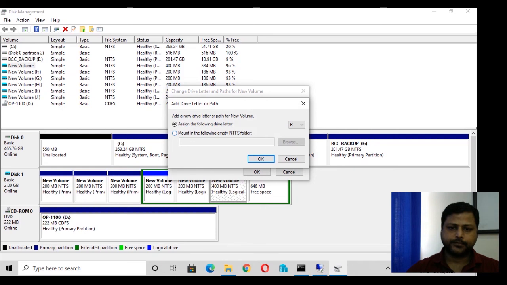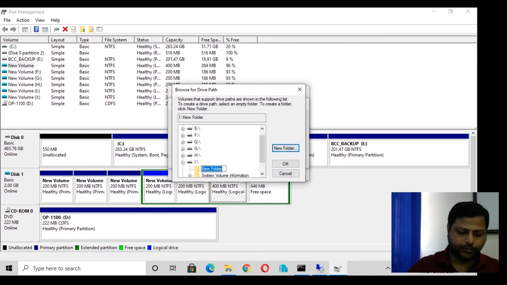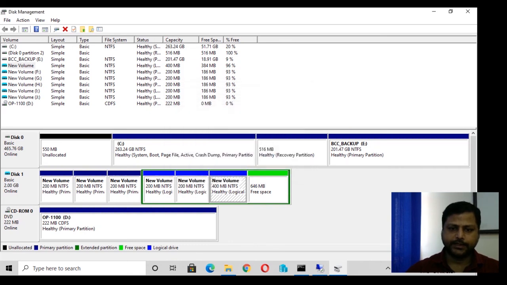We'll mount it in a folder in another drive, so we browse and go to the I drive, and click OK. We'll create a new folder and put a mount folder, Mount 1, and hit OK. We'll see that it will be mounted in the new location.